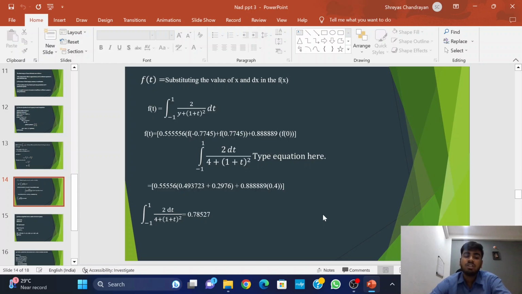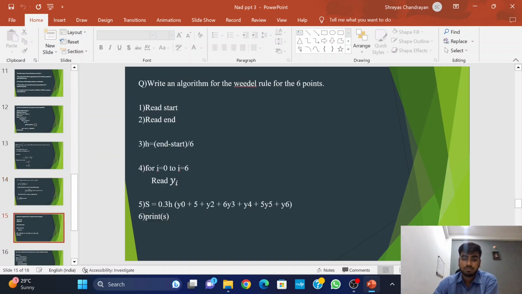So the integral is equals to 0.555556 f(minus 0.7745) plus 0.555556 f(0.7745) plus 0.888889 f(0). So the equation is 0.55556 into 0.493723 plus 0.2976 plus 0.888889 into 0.4. So now the equation is the integral of 2 dt upon 4 plus (1 plus t) whole square, which is equals to